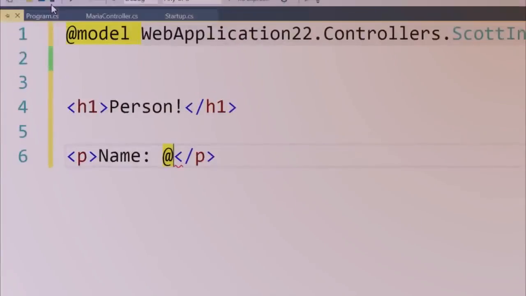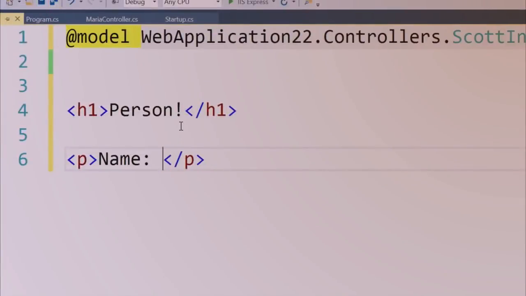So I say at, and this is called Razor that we're in right here. This is HTML. As soon as I say at, I can do C sharp. Oh, so it's indicating that C sharp is about to happen? Right. And the whole page is called a Razor page. It is a mix of HTML and C sharp. Exactly. So now I say model